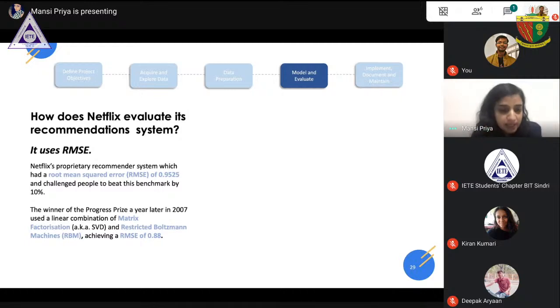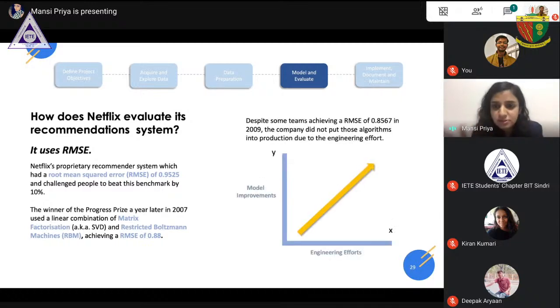there was a competition being held. After that competition, there were people who got an RMSE. The winner actually got an RMSE of 0.88. When talking about these kinds of things, I very much like to draw your attention to this point: in the future also, if you see that Netflix problem is available till now, you can work on it. There were some people who worked and in 2009 achieved an RMSE value of 0.8567,